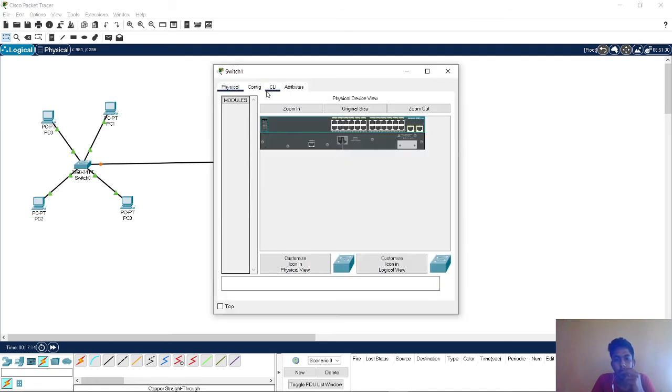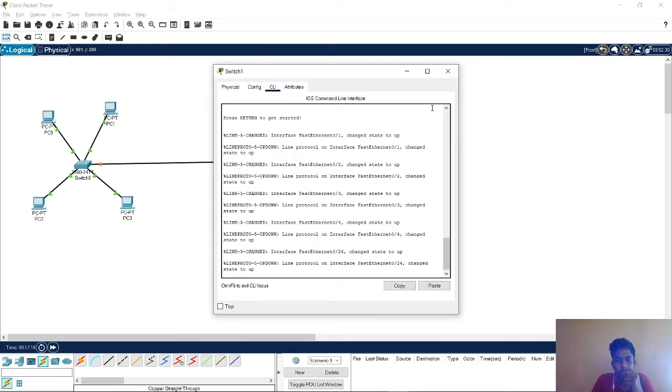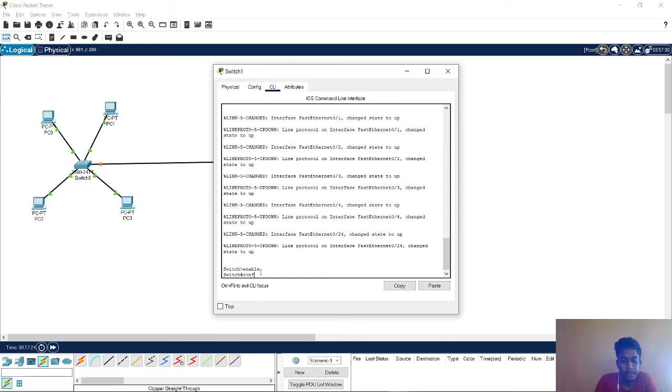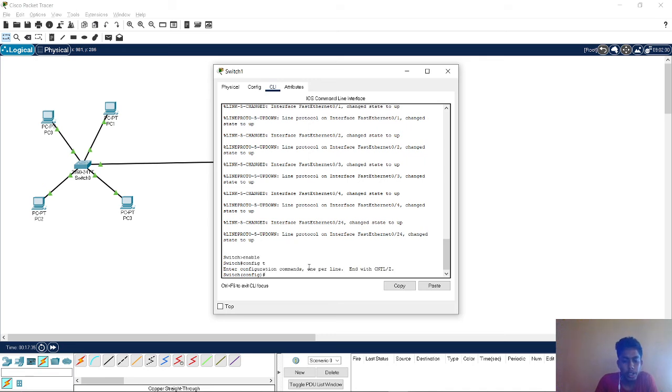That means we need to create another two VLANs here. We configure it the same way we did in the first switch. First we need to enable, then config terminal. Now we need to create a VLAN.